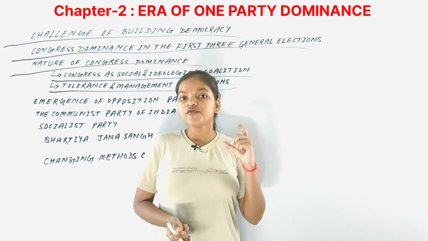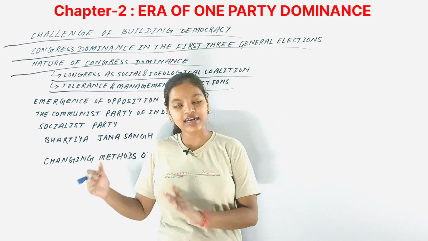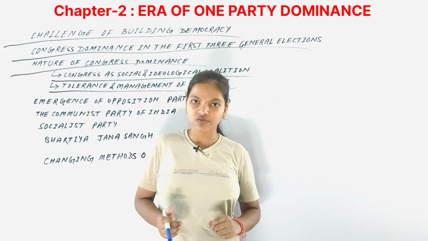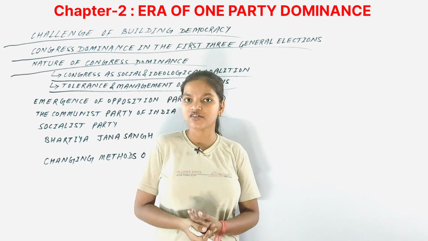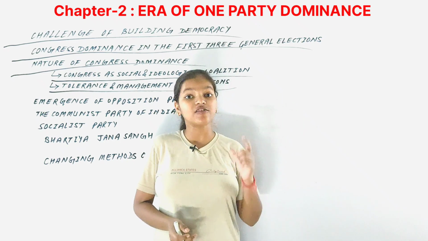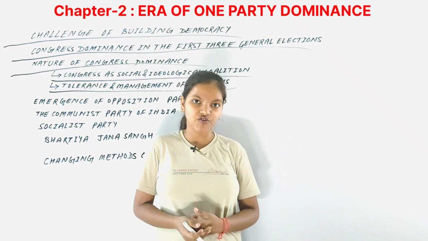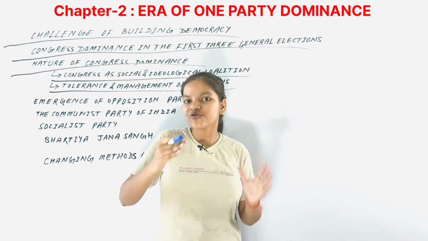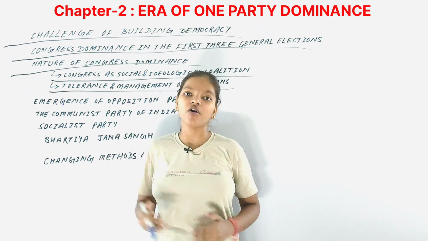And that's why the first decade after independence, because the Congress was dominating at that time, it's considered as the Congress system instead of the political system of the country, due to the large extent of dominance of the Congress party. And that's why Congress at that time is not just considered as a ruling party of the country, it was considered as the opposition party of the country as well, because the factions were the ones who were pressurizing, criticizing, influencing the policies and programs of the Congress party.